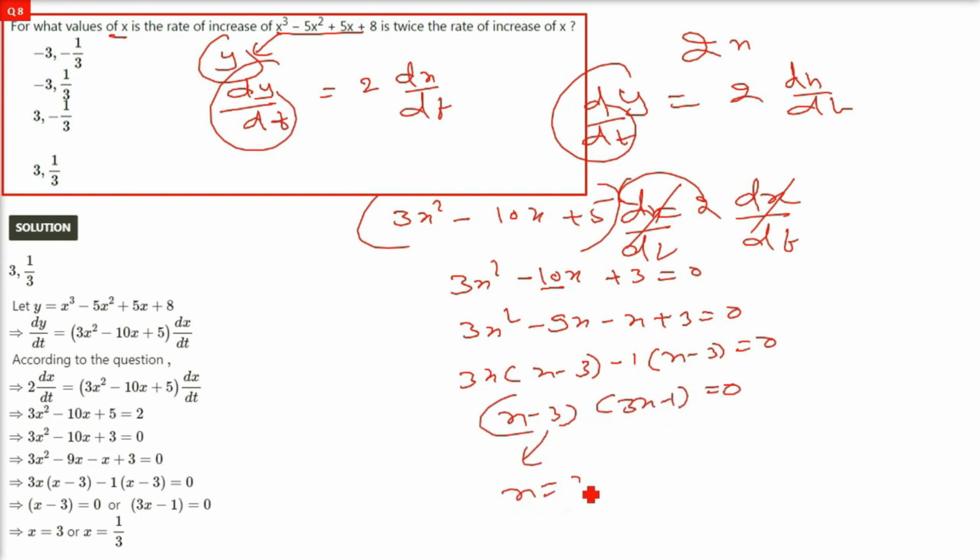From here, x equals 3. From here, x equals 1 by 3. This is your answer. Concept, I hope you got the idea. First, make an equality, differentiate both sides, make a quadratic equation, solve for x, and that is the point which